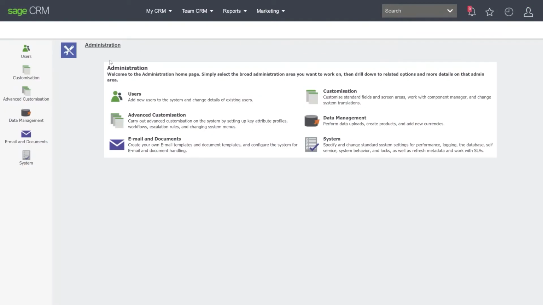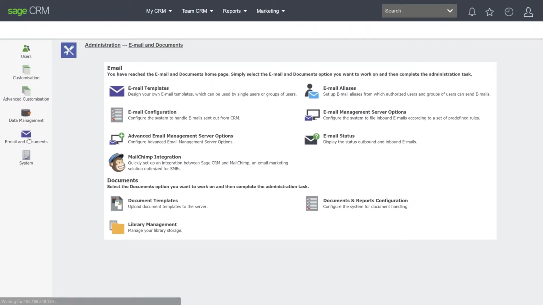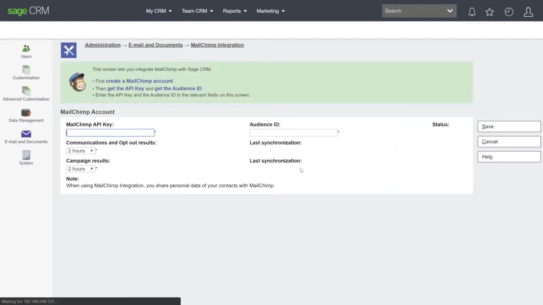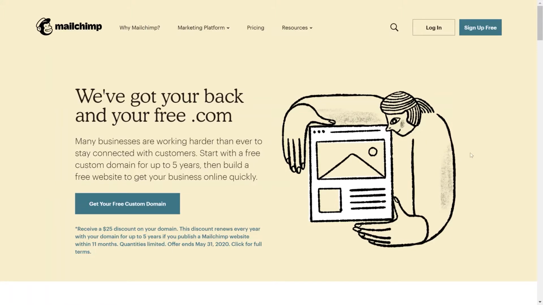First off, we require an API key and audience ID. The Mailchimp API key authenticates Sage CRM to share the data between the two products. The audience ID then tells Sage what list of contacts to use for the integration. If you do not currently have a Mailchimp account, you can create one by going to